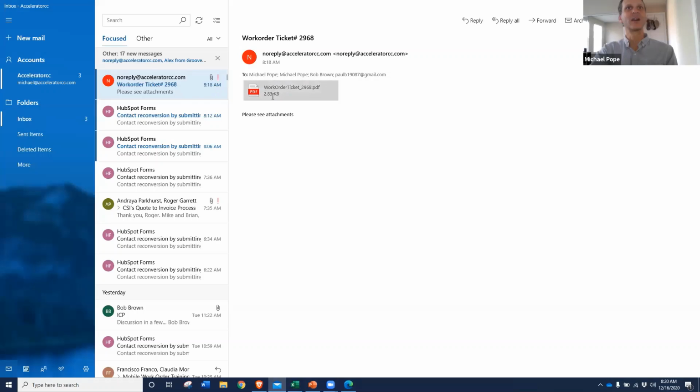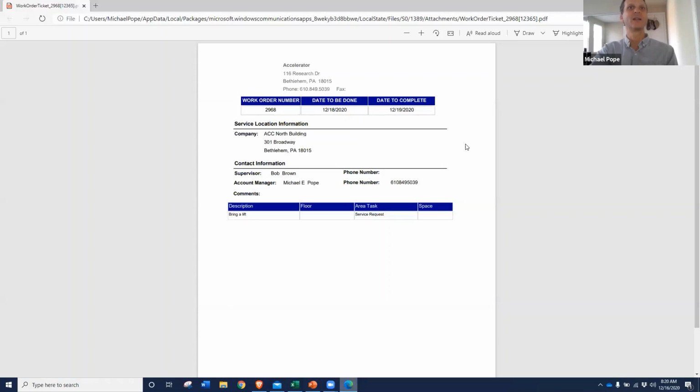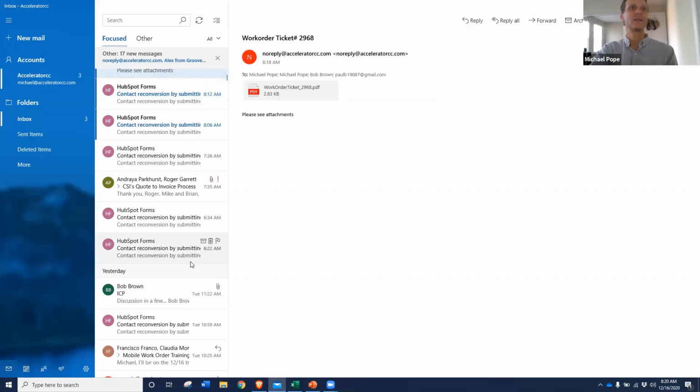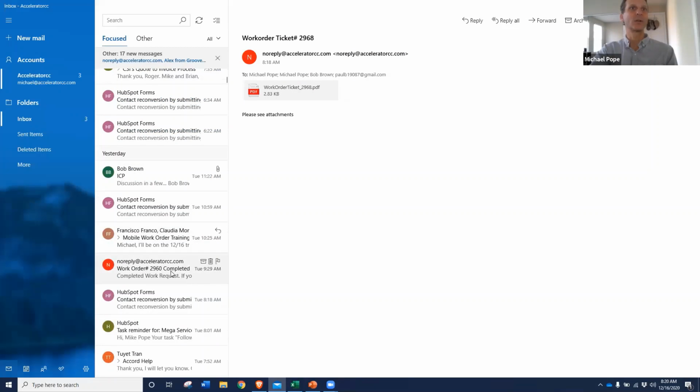So we will probably be improving the looks of the work tickets in the future as well. But for now, this is the information that's on there. So I'll bring a lift is there. And when you complete that work order,